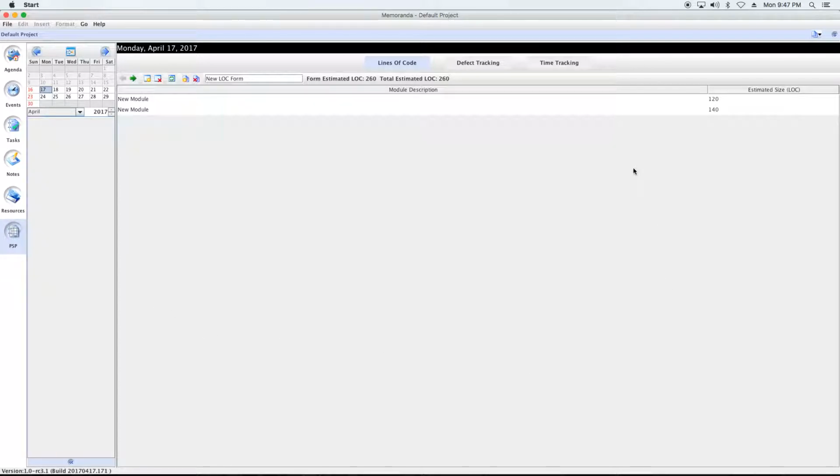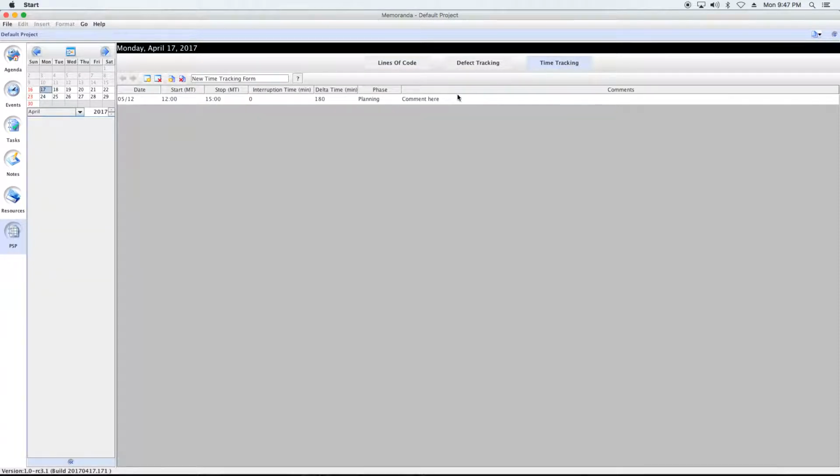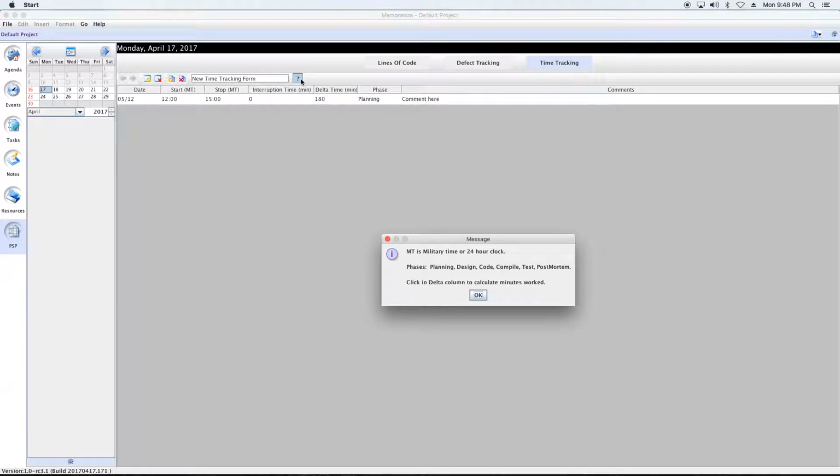And then user story number 6 was completed by Matthew. It states, as a user, I want to track start and stop times in PSP phase to determine how much time you spend in each PSP phase and make better time estimates. Which is basically just a time tracking form. You can create new lines and you can delete lines. You fill in the information. There's a help box here